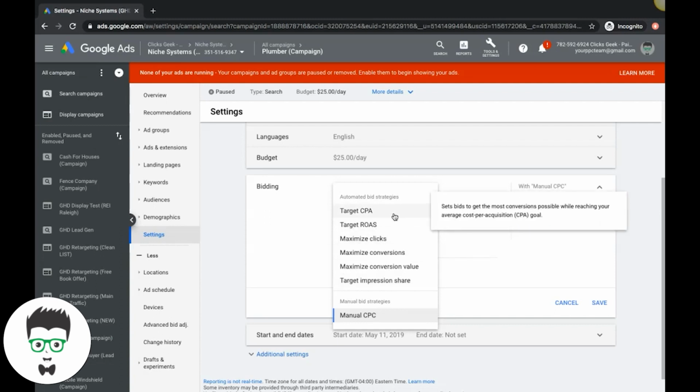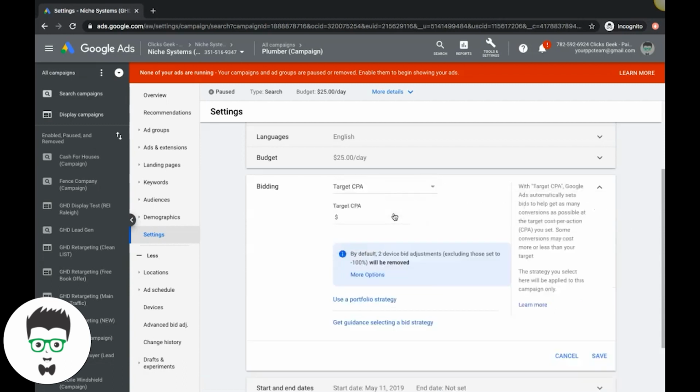So target CPA, you can see right here, sets bids to get the most conversions possible while reaching your average cost per acquisition goal. What does that mean? It basically means you choose target CPA and you tell Google, all right, we're in a plumbing campaign, so I want you to do all the automated bidding and I want you to get me leads for $50 a piece. So what you're going to do then is hit save,